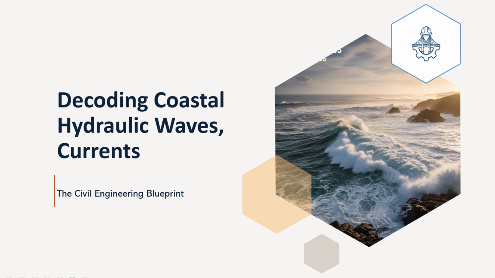That's the refraction coefficient, Kr. Correct. Substituting E proportional to H squared and the relationship for b into the energy conservation equation gives H2 over H1 equals the square root of b1 over b2. If we only consider the effect of changing orthogonal spacing, ignoring the change in Cg for a moment, which is handled by shoaling, we can define the refraction coefficient as